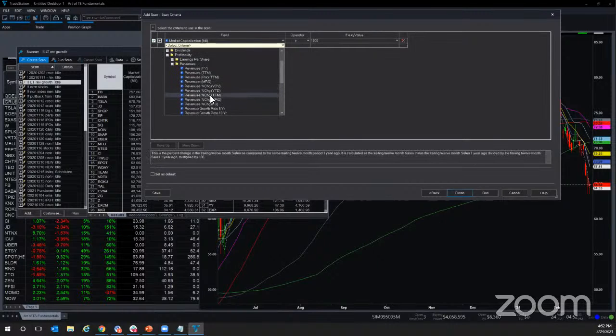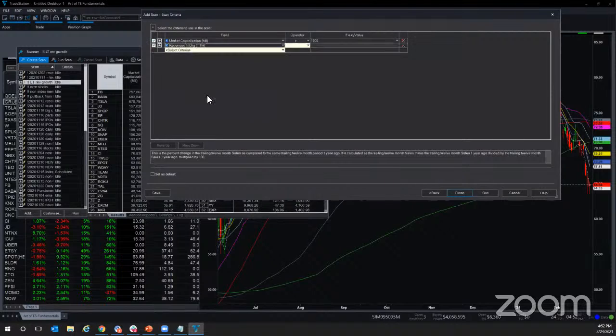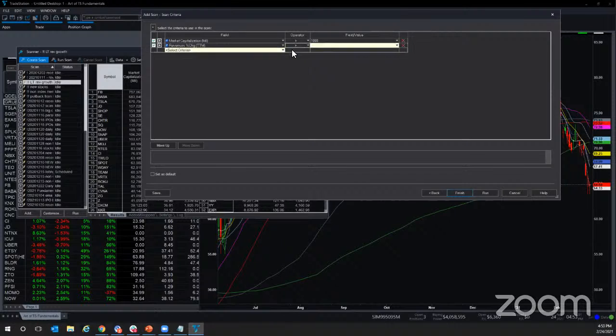Now this one you're going to see percentage change, TTM, that's going to be your percentage change in the last 12 months, the last 4 quarters, so it doesn't matter when it is in the company's fiscal year or calendar year. If you're in the 3rd quarter, it'll go from the most recent Q3 to the 4 preceding quarters, comparing that to the other. So it'll always give you a good annualized number, because some companies have very different revenues in different quarters, and we're going to set that to greater than